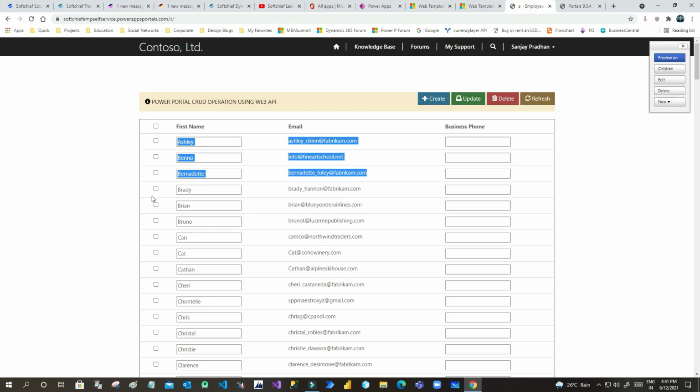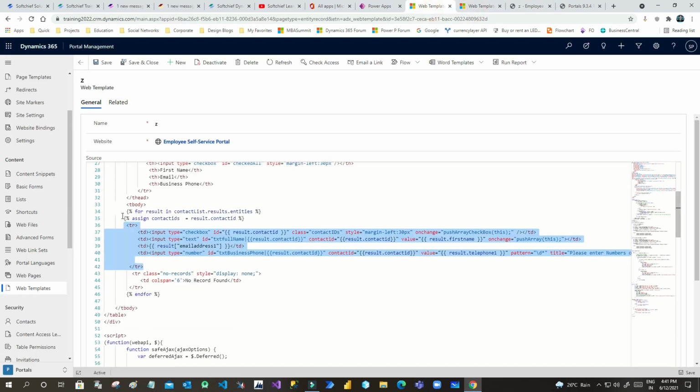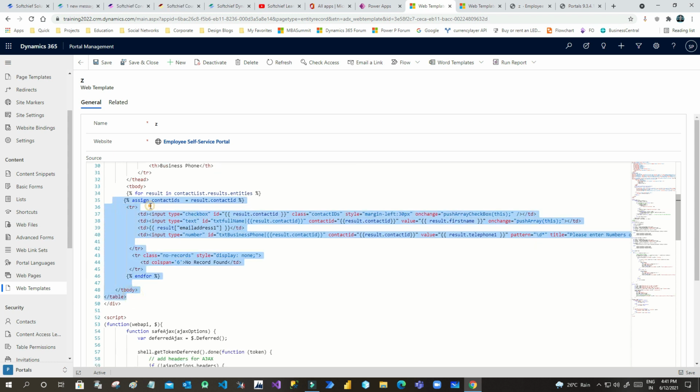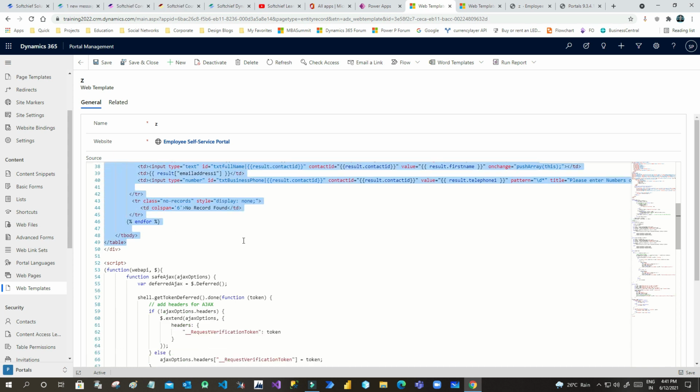These are multiple line items, which is why this goes through the for loop. Whatever count is retrieved in the fetch XML, the for loop will loop through that count and build the rows with different columns. So this is how we display records in the table through a loop.